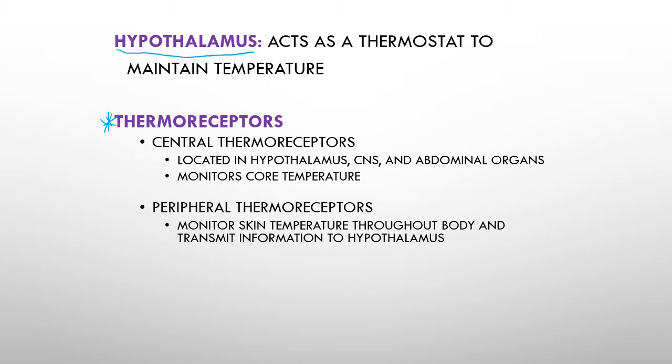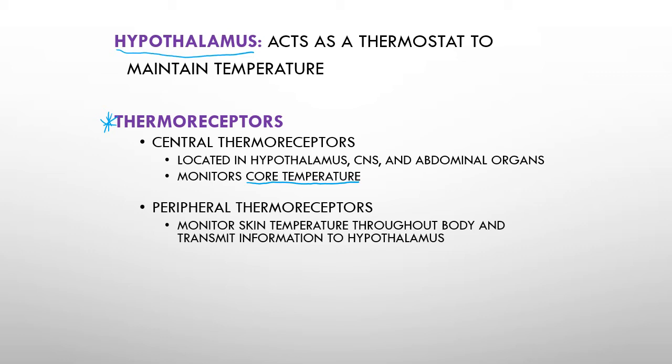So we've got to have this in different areas. Unlike our house, where usually most houses only have a single thermostat, that means that the area of the house where the thermostat is going to maintain that temperature, but you may have other areas of the house that have either cooler or warmer temperatures as well. With our body, we want to maintain a relatively constant temperature. And so we have centrally located thermoreceptors. This is basically giving us our core body temperature. These are in places like the hypothalamus, in and around the central nervous system. Our internal organs are giving us an idea of what our core body temperature is.